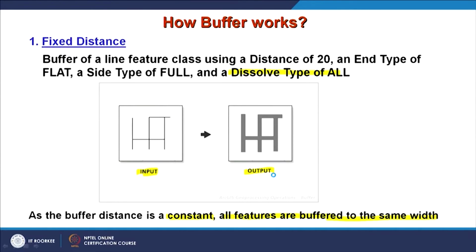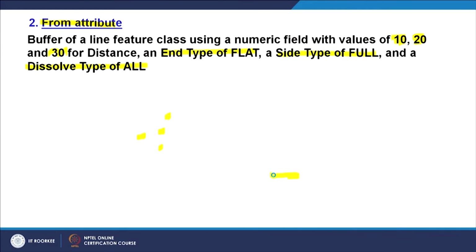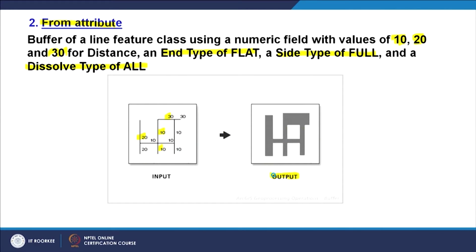Every phenomenon may not have the same kind of requirements for width or expansion. If I talk from a traffic point of view, then where more traffic is there, or maybe more pollution is there, depending on that I may have that information as one of the attributes. While creating buffers, I can use the varying expansion width or distance and calculate a more realistic buffer than